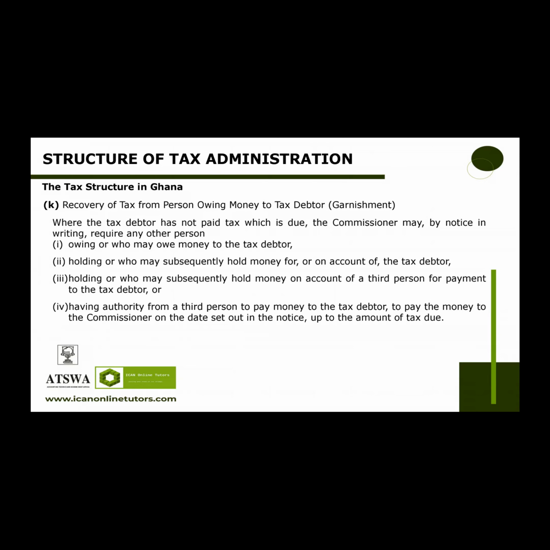Are we together? So such notice cannot be later than the payment date specified in the notice by the commissioner. Upon receipt of such notice from a person, the commissioner may, by notice in writing, accept the notification and cancel or amend the notice issued or reject the notification. A person dissatisfied with such a decision of the commissioner may only challenge the decision under the objection and appeal procedures specified in the tax laws.